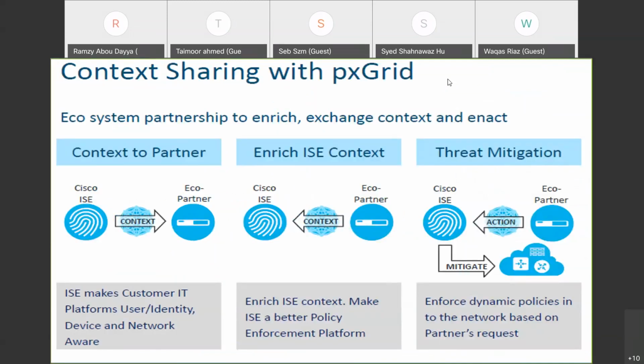pxGrid. This is the hottest topic in ISE, because this is ISE talking with everything else. This is ISE sharing info. This is ISE getting info from an eco partner, let's say WSA, ESA, or FMC, which you usually integrate with the firewall. So what's pxGrid? pxGrid is just an integration with ISE that can help ISE